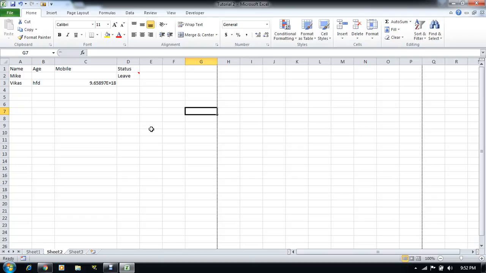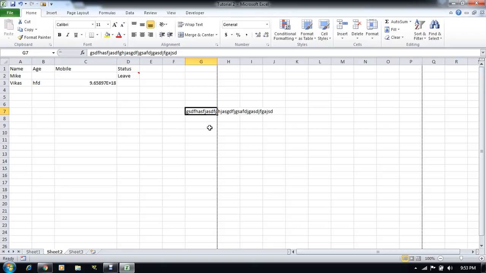So you can press keys with speed. I would say that if you know the shortcuts, you can complete your task as soon as possible, compared to the user who uses the mouse. If you want to learn the shortcuts, just for example, whenever we add big data to any cell, you can see that the data which we have added to the G7 cell is going into the H, I and J columns.